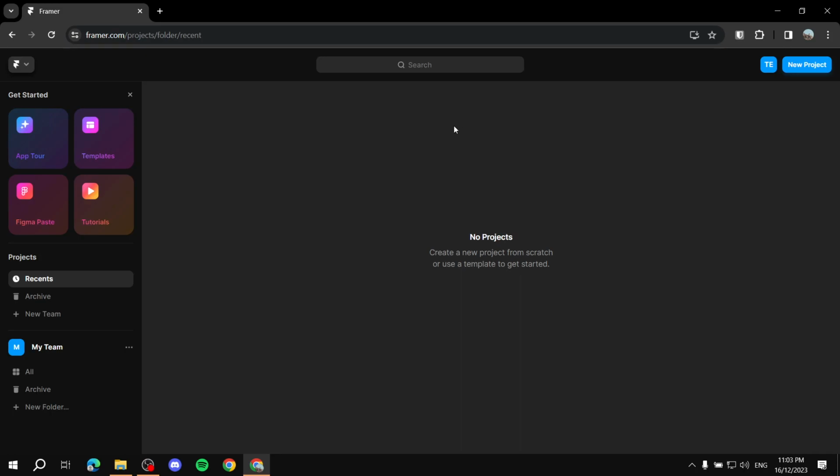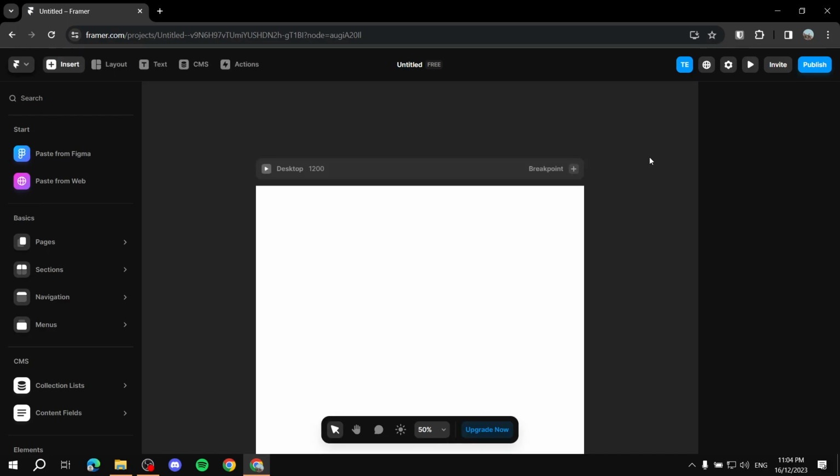What we actually can do is, if we have a website with a different platform, we can actually import it here with Framer. You just need to get your Google extension, but let's actually get started from scratch and then use the AI that we talked about. So in order to actually get started with that, we simply just click on new project up top on the top right. We just click on it, and you just give it a few seconds,